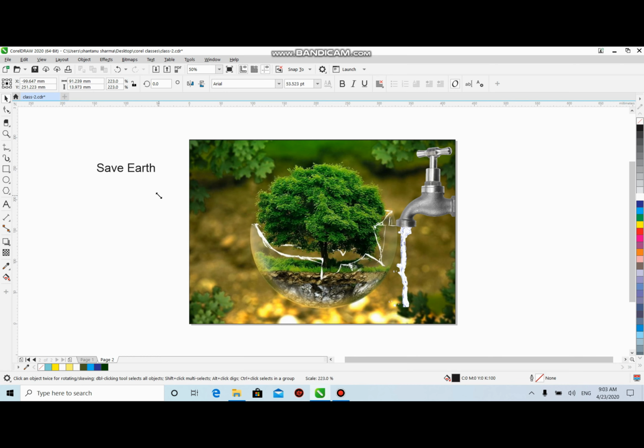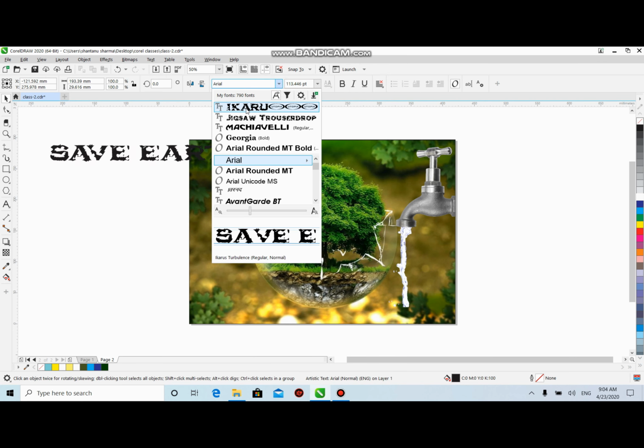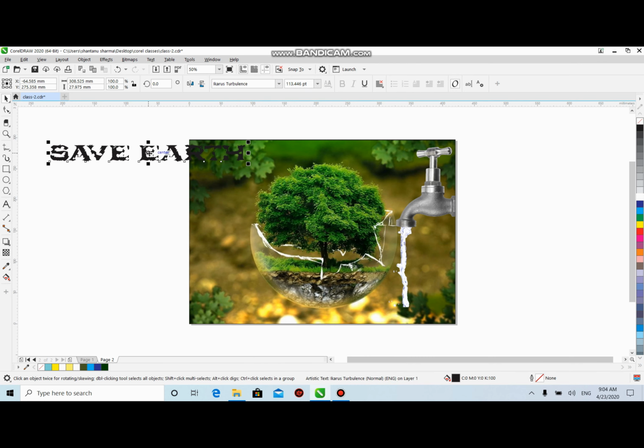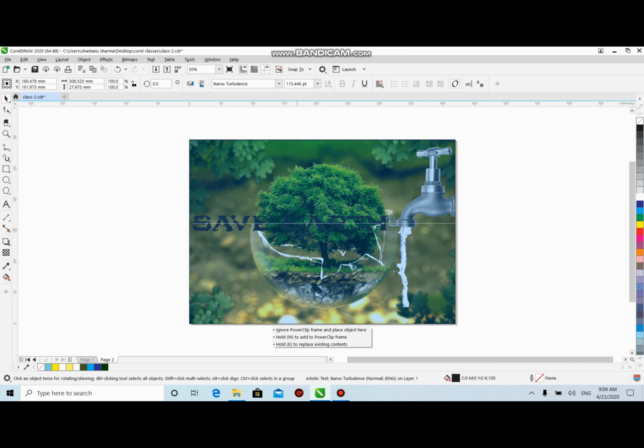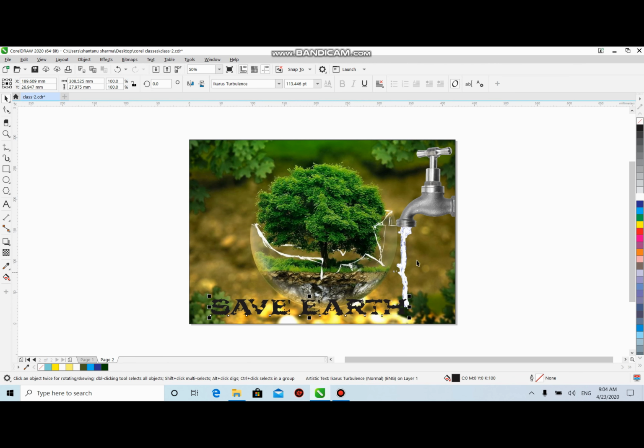Now I'll select any one single node, click and drag. This is how I enlarged my text. You can enlarge your text here also, as we normally do in Word. Now you can change the font style of this particular text. I like this text, I selected it. Now you can click and drag your heading and the title of your poster wherever you want to.